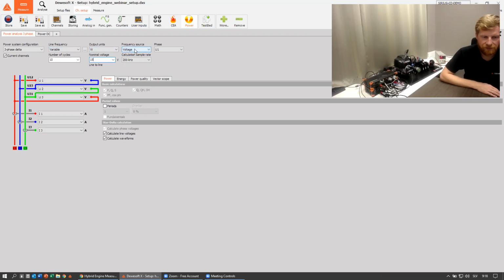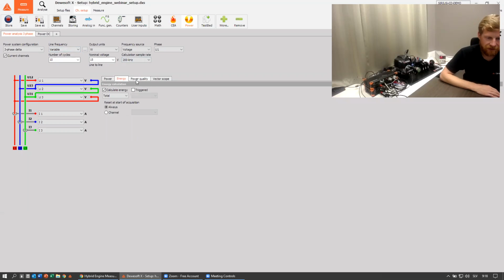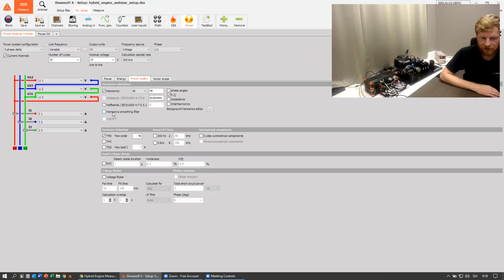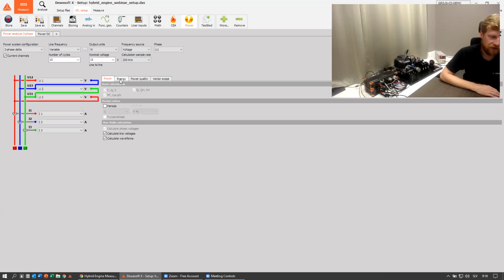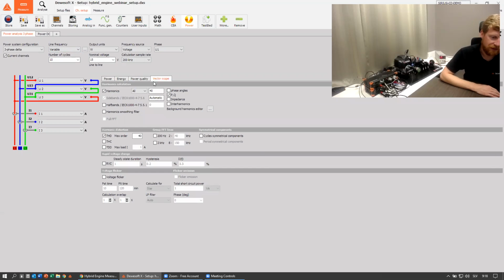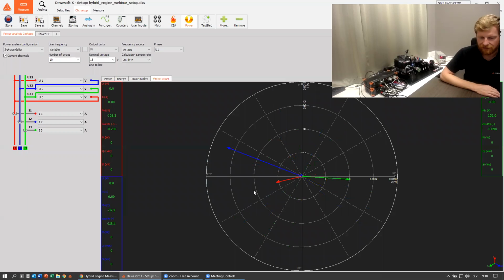So this has variable frequency, and for this we can select the voltage source and one of the phases to calculate the frequency of the lines, because here we have variable frequency because we are using an inverter. At the end, we just need to select the outputs that we want to see: power, energy, power quality, and we also have the vector scope preview when the engine is turning, so we can check if the wiring is actually